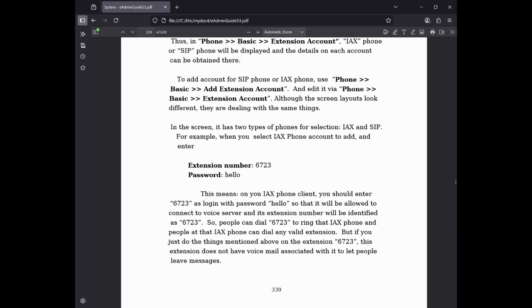For example, when you select IAX phone account to add, and enter extension number 6723, password hello. This means, on your IAX phone client, you should enter 6723 as login with password hello so that it will be allowed to connect to the voice server and its extension number will be identified as 6723. So, people can dial 6723 to ring that IAX phone and people at that IAX phone can dial any valid